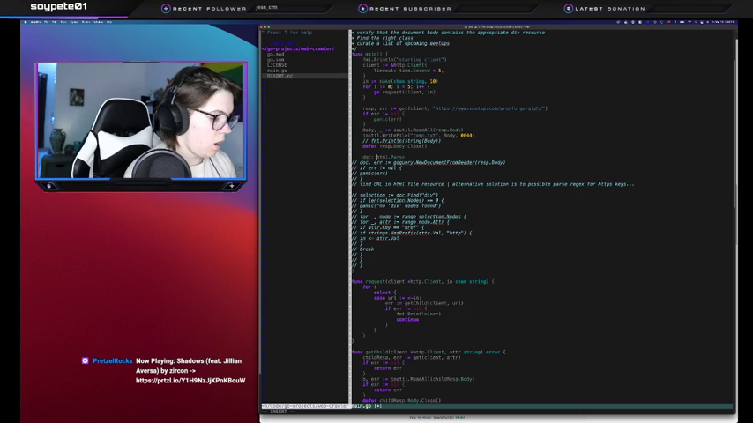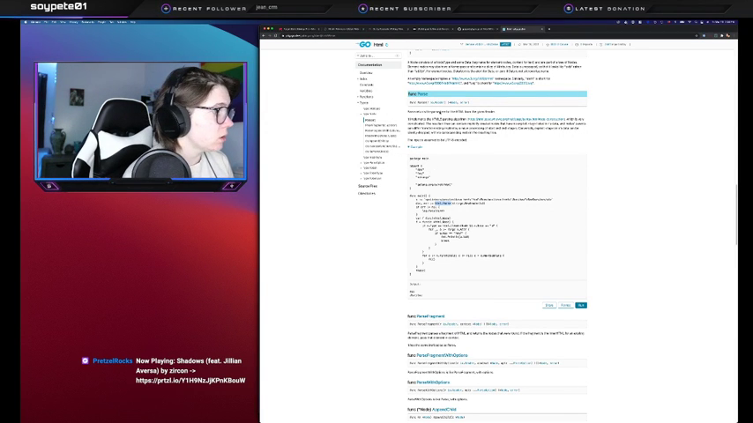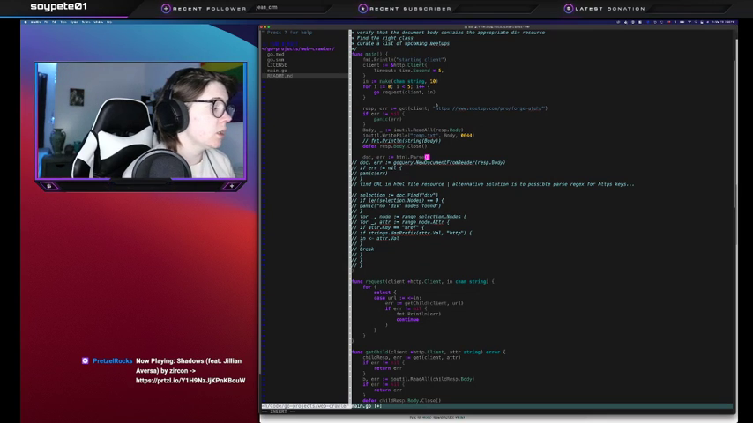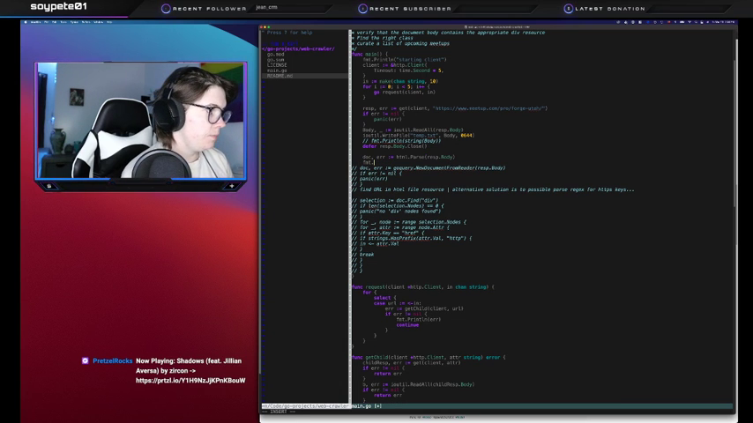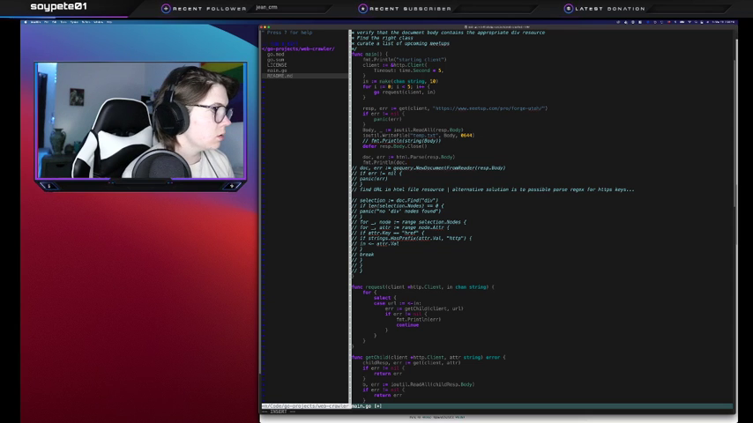Doc, error equals HTML parse, and it's gonna want to parse the body, I believe. Oh no, it was parse. It wants a reader. Oh, it wants a reader. Then it might rest.body. And then, just to make sure that this is a thing, doc dot,